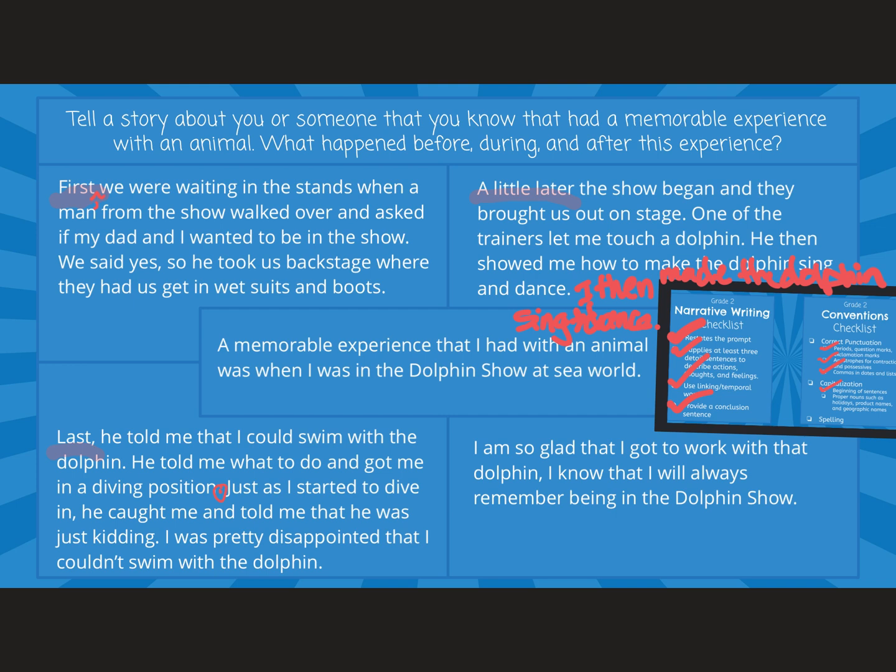Proper nouns, such as holidays, product names, and geographic names. Reading through, SeaWorld is the name of a place, so it needs to be capitalized. And spelling, again, the typing thing would not let me misspell anything as far as I am aware. So we are going to go ahead and check that one off. So that's me done editing, and this Foursquare is ready for me to transfer over to a written or typed paragraph form tomorrow.